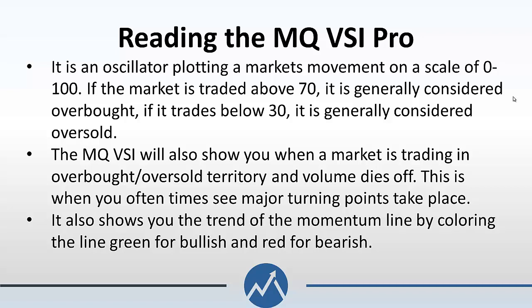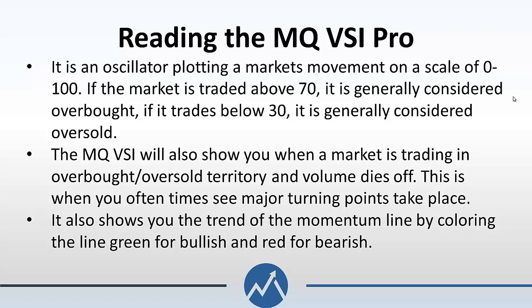So what we're doing with the VSI, which stands for Volume Strength Index, by the way, is we're looking for this market to get overbought or oversold. Then we're looking for volume to start drying up. And when that volume starts drying up, it's going to say, hey, look over here. Volume's drying up and this market's overbought. Watch for it to retrace. Or, hey, it's extended to the downside and volume's starting to dry up, and then we're looking for it to turn around and start climbing back up.